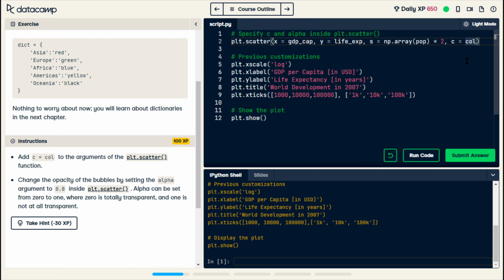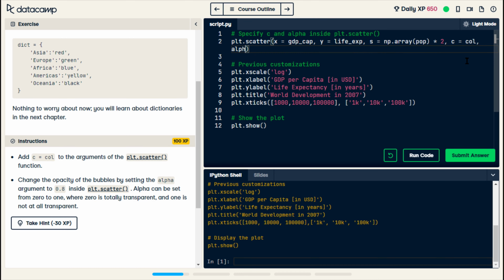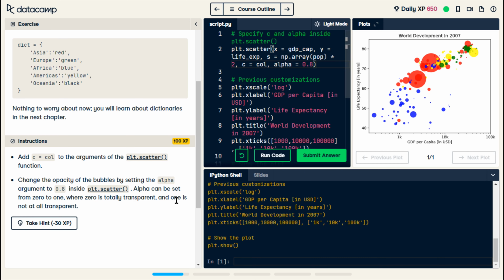Alright, they're saying there's also one called alpha, and we're setting that equal to 0.8. Alpha can be a number from 0 to 1, where 0 is totally transparent and 1 is not at all transparent. Okay, so red is Asia, green is Europe,